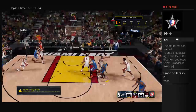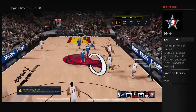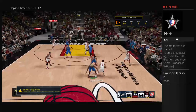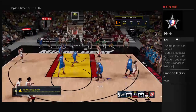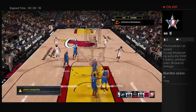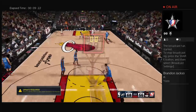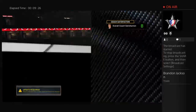The drive by Iverson. Iverson can't get that one to fall. Here's Roberts. Kicks to Cannon. Fires from the wing. And the Heat get another bucket right there. That's what I call a captivating move there. He absolutely incinerated the D with that one. So no problem for Oklahoma City as they get...